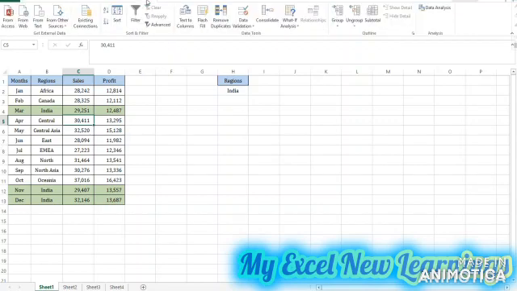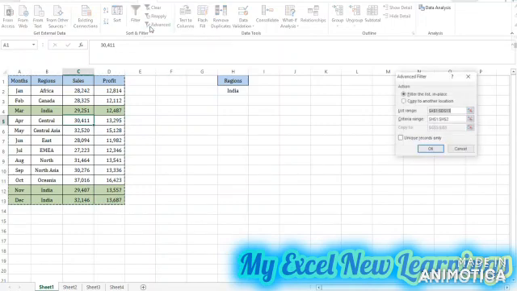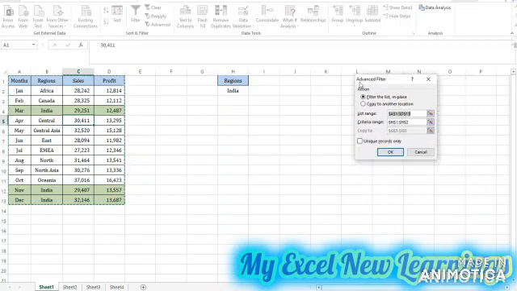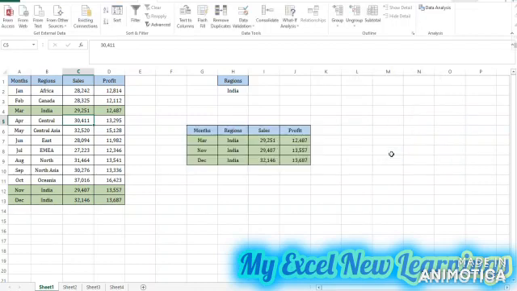First we will go to the data tab and then we click on the advanced filter. Once you click on the advanced filter, the advanced filter box will open. Here we have action. We want to copy the data to the other location, so we will click on copy to other location, and this is my list range, and this is my criteria. So I want to copy the data to here or anywhere in the sheet. You can click and just click OK.